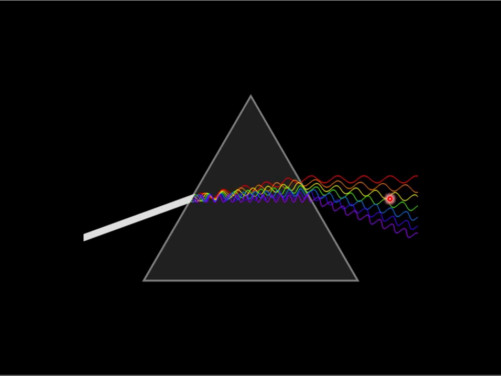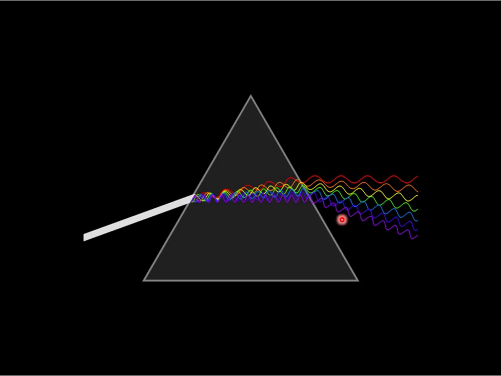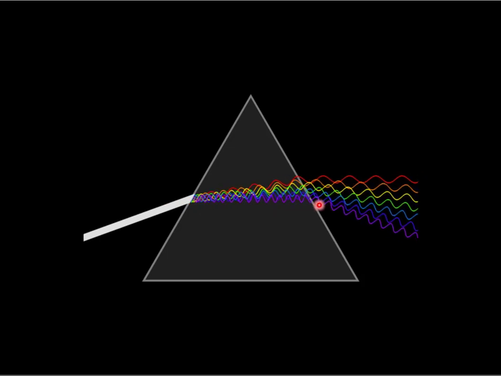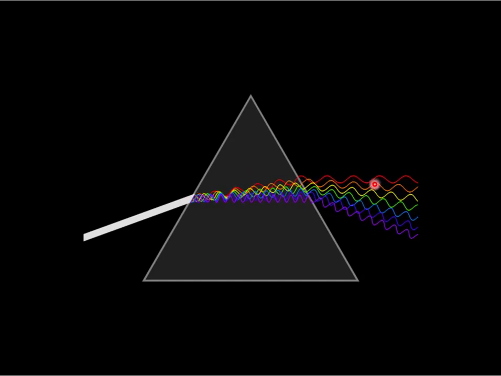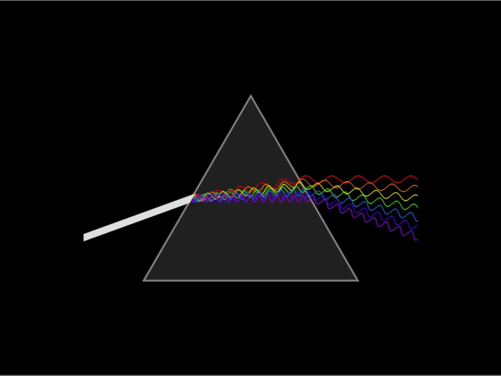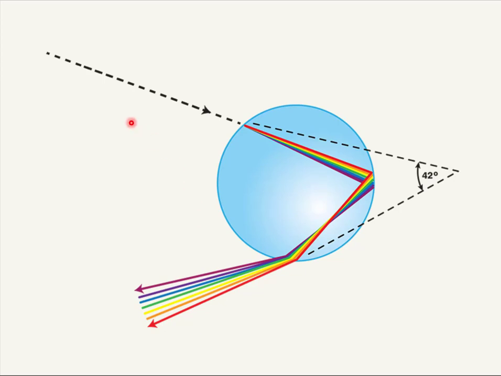That's because these different wavelengths of light refract at different angles. Shorter wavelengths of light refract more than longer wavelengths of light, right? So the violets and the blues down here are refracting more than the reds up here. So by the time it comes out, all of these wavelengths are broken out from each other. So it goes in white light, comes out a rainbow. And by the way, this is how rainbows form. They just do it in droplets of water.